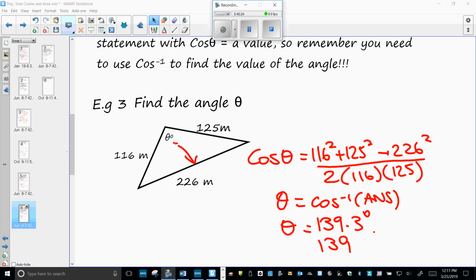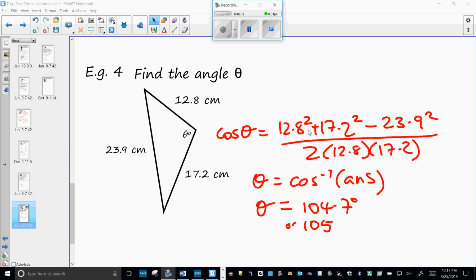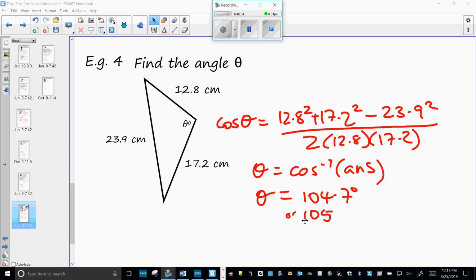Depending on rounding, there's our 2 different options. So there we get 104.7 if it's 1 decimal place, or 105 if it's 3 significant figures. Okay, so area of